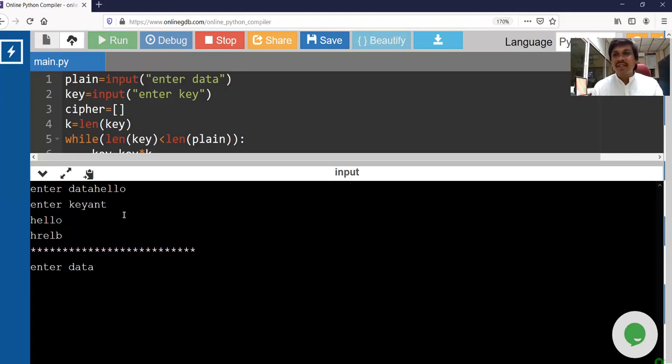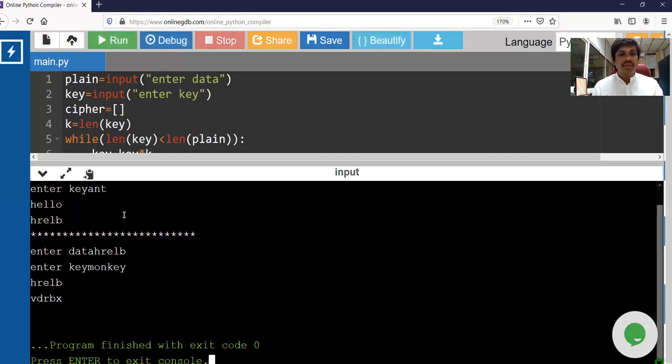So HRELB is the encrypted text. The input for decryption is the output of encryption, HRELB, and I am giving the wrong key, MONKEY. So the output is wrong: VDRBX. What does it mean? Got it? You should give the right key, then only will you get the right thing.